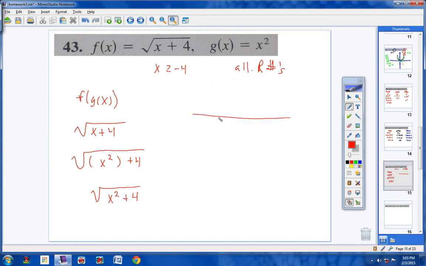So one of them says x is greater than or equal to negative 4. Okay, so here's 1. And the other one says all real numbers. And so, because it says all real numbers, that means everything is shaded in. So where do these two graphs agree? They agree starting right here and going this way. So the domain would be x is greater than or equal